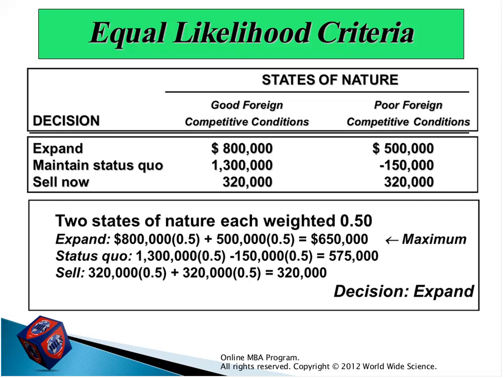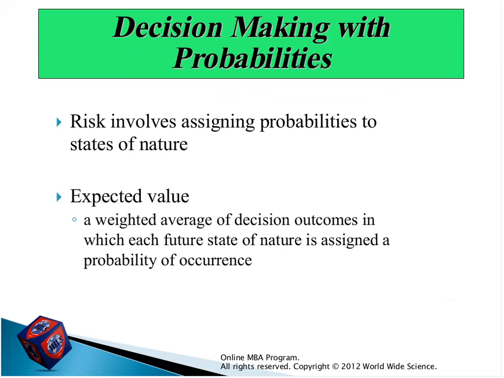Okay. Now, please let me go to the next slide. Decision making with probability. I told you the 5 methods that we discussed together should be used when operation managers don't determine the risk and are not able to determine probability. When you are able to determine risk, and through this determining risk, you can calculate probability, you should do it differently.